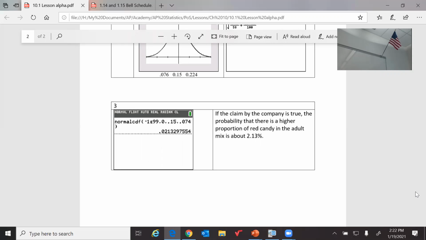If the company's claim is true, the probability of getting more red candy in the adult mix is a little more than 2%. And this picture and then that calculation should make sense to you. Okay? And you have to relate this to what we did in the fall. So, if you're at home